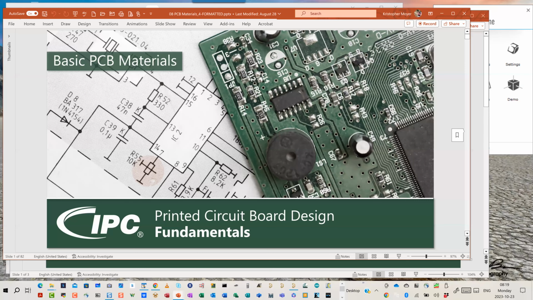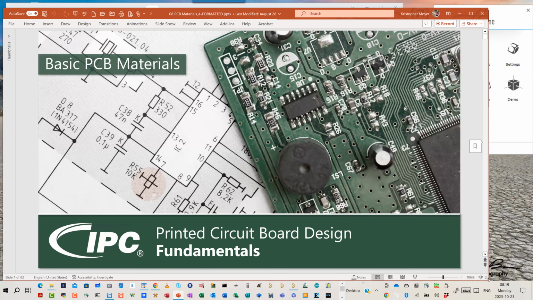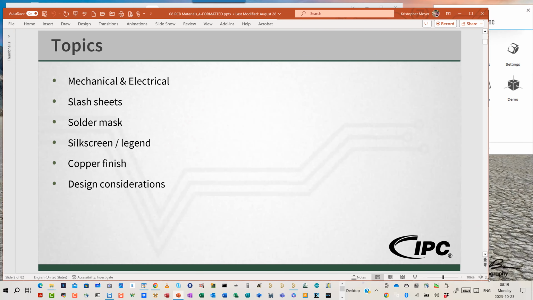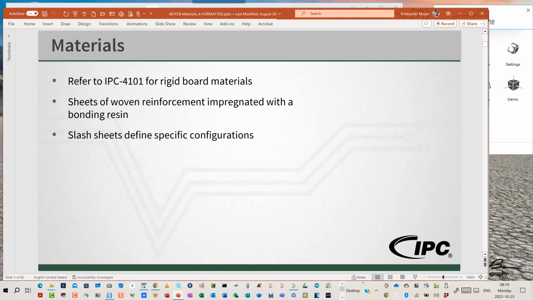So first week and last week, we talked about some of the basics and advanced design concepts. Today, we're going to start talking about the materials. I've talked about this a little bit before. We'll go into that. So the basic materials that we use for our bare board itself are going to come